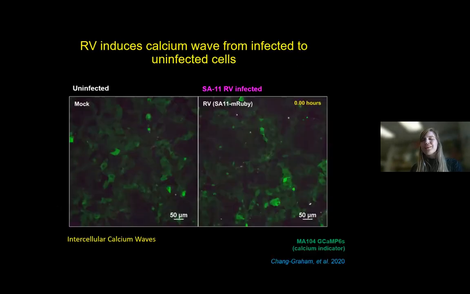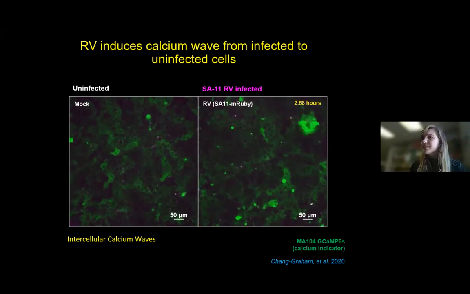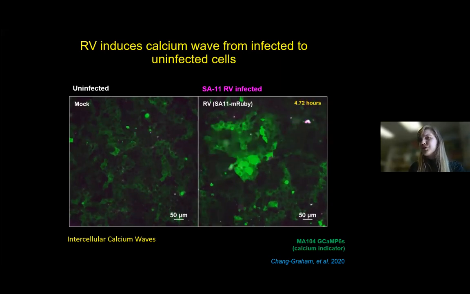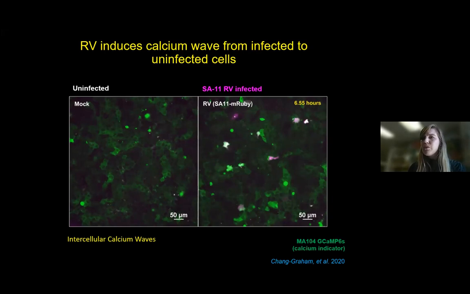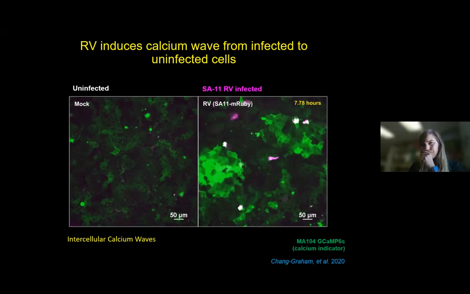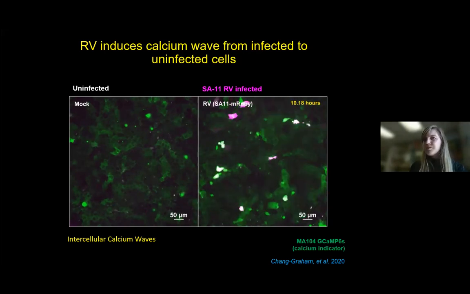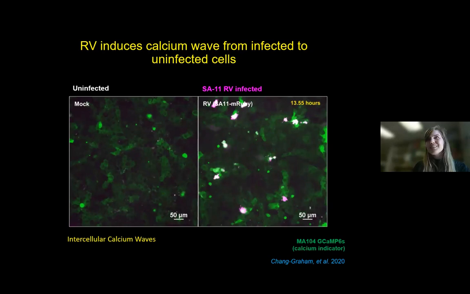And so, similar to what you've seen earlier, we utilize live imaging using those monkey kidney cells, MA104, which express the calcium indicator shown here in green. And what you can appreciate in these videos is that calcium is increasing not only in the infected cells, which are indicated by the magenta, but then you also see these wave-like projections that Fran focused on that are propagating from the infected to uninfected cells. This was one of our initial observations that suggested that these calcium waves are a result of the paracrine signal that's released from these rotavirus infected cells.